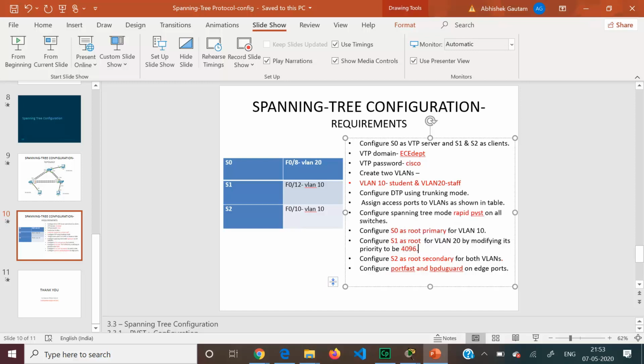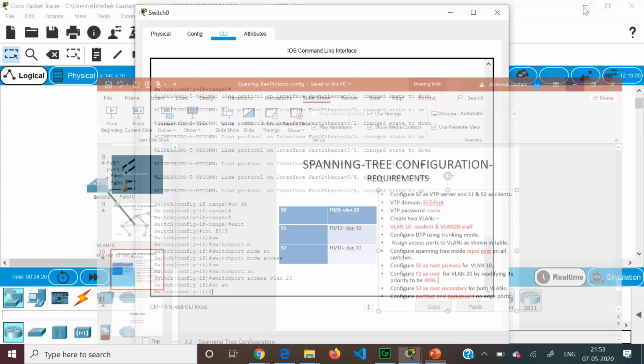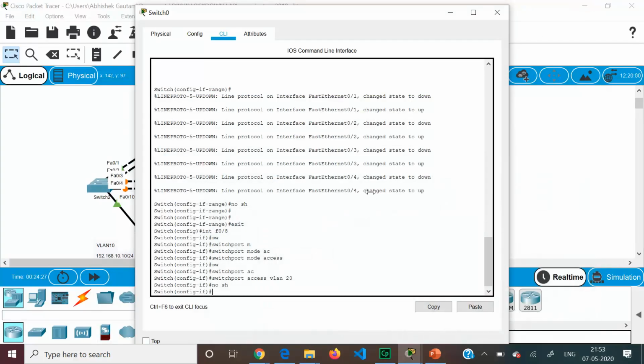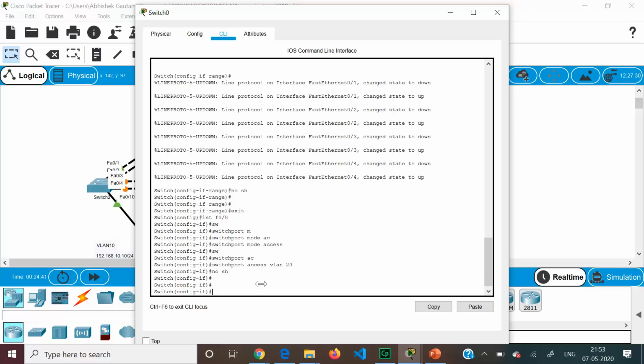So S0 has to be set as root primary, that is the root bridge for VLAN 10. As I told you, for each VLAN we can have a separate spanning tree instance. For VLAN 10 S0 will be the root, for VLAN 20 S1 will be the root bridge.